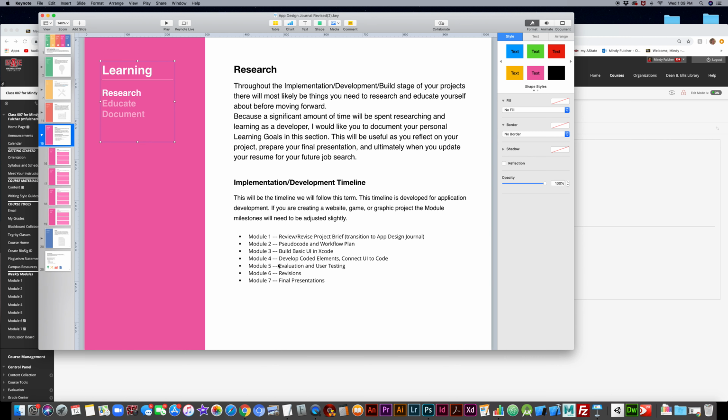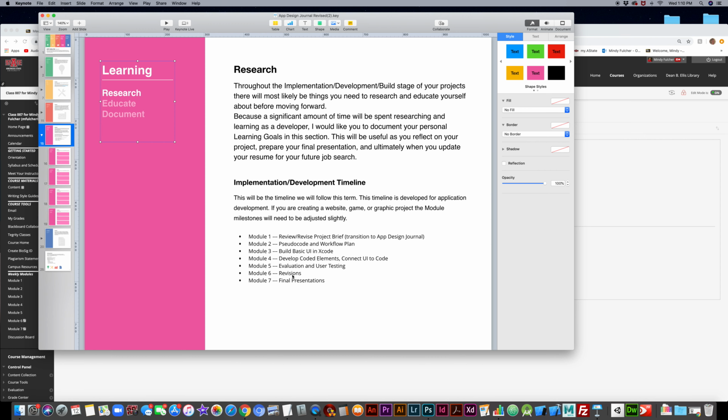Module 5 is an important part. It's a little later than midterm essentially, but we need to have something that's pretty well formed in order to send it to someone to be a user tester, to go through the user testing process. So we're going to wait until we hit Module 5 for that portion. In this stage, your peers, your classmates, will go through user testing exercises and forums to answer some questions that will help give you feedback as you move into the